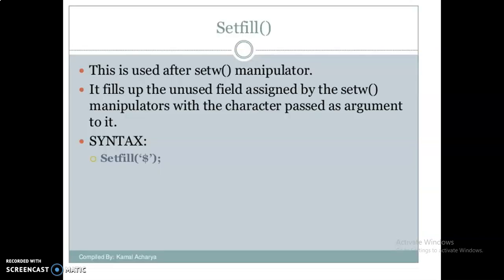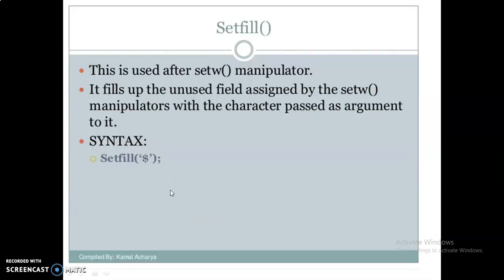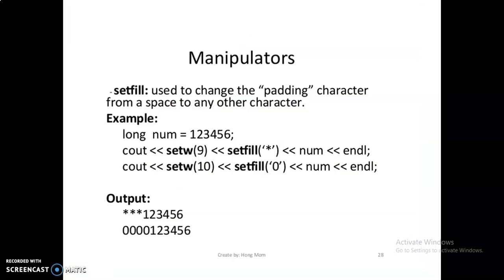And then setfill. It fills up the unused field assigned by the setw manipulator with the character passed as the argument to it. In the previous example, these were left as blank. By using setfill, it replaces the blank spaces with an asterisk or 0, as you wish. So this is the example for that. cout setw of 9, setfill with